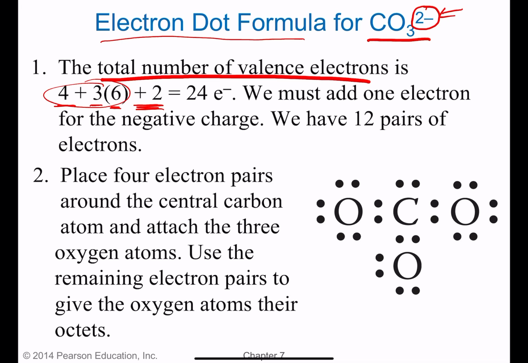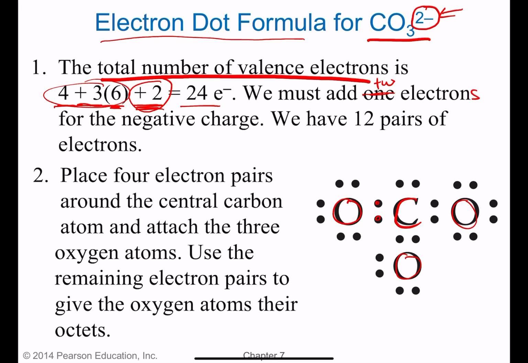But this carbonate polyatomic ion has an overall charge of -2, so whatever count we get, which was 22 electrons, we're going to have to add 2 more electrons to get 24 total to account for the fact that the molecule has an overall charge of -2. So here they say we must add 2 electrons for the negative charge. So then next thing is they put the carbon in the middle, oxygens around it, and